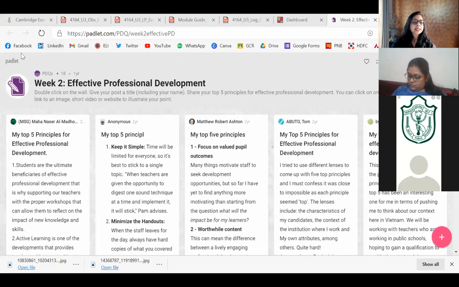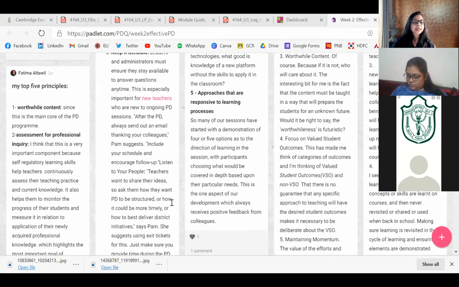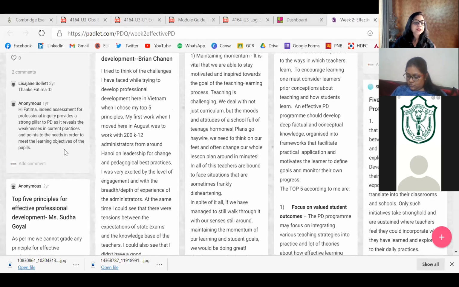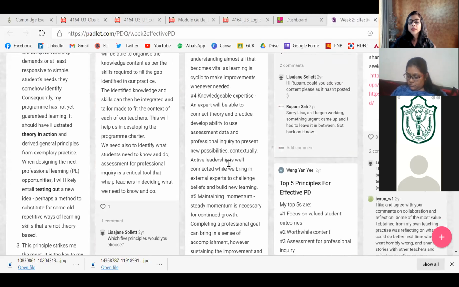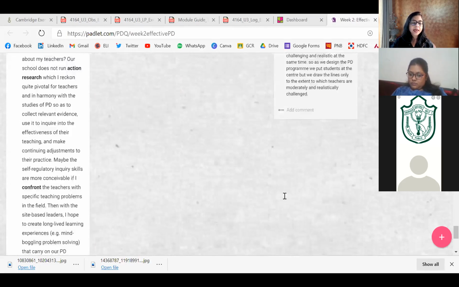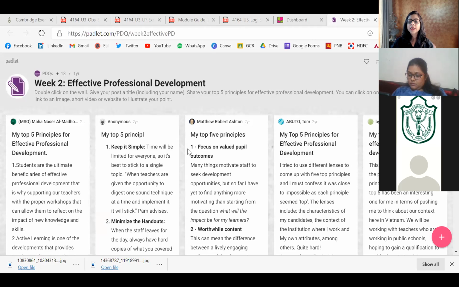So this is the Padlet, and they had asked us to read certain material, and then list down the top 5 principles of effective professional development. All the participants listed it, and then the teacher could write comments, and the participants could write comments too. So Padlet is not just used for online teaching collaboration; you can have collaboration otherwise also. When you have given them some task to do, they can put it up over here. You can go through it and give feedback to the children. So Padlet has this utility also.